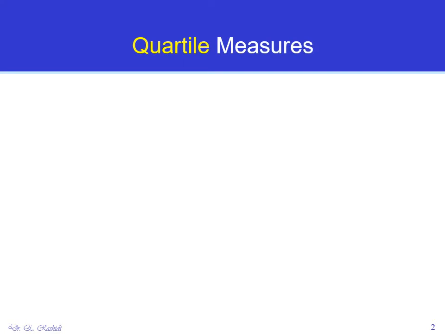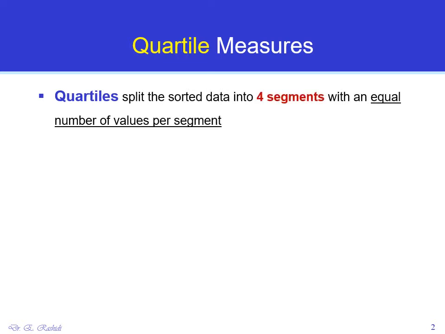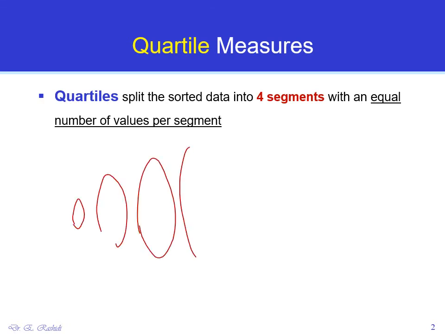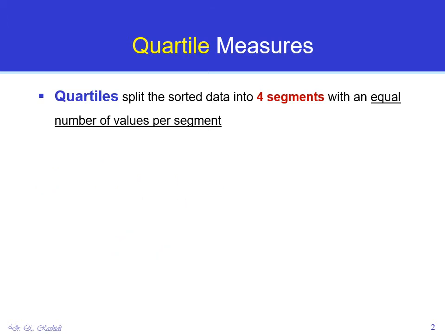Quartile measures are another way of summarizing and organizing your data that can tell us about the distribution of our data. Quartiles split the sorted data into 4 segments or partitions with an equal number of values per segment. So the first thing that you need to do is to sort your data in ascending order, smallest to the largest. And after you do that, you have to partition them into 4 equal segments,